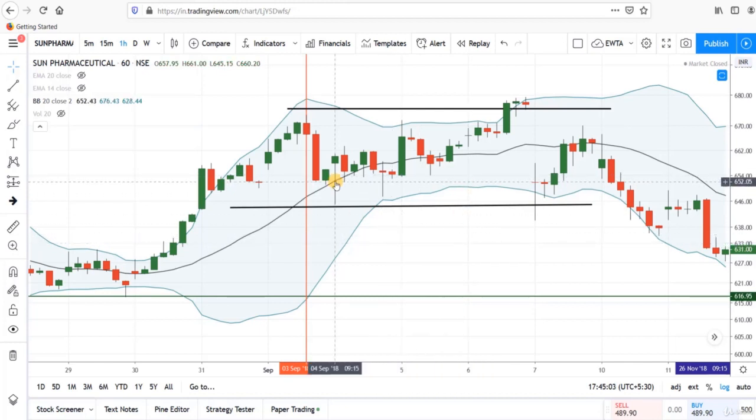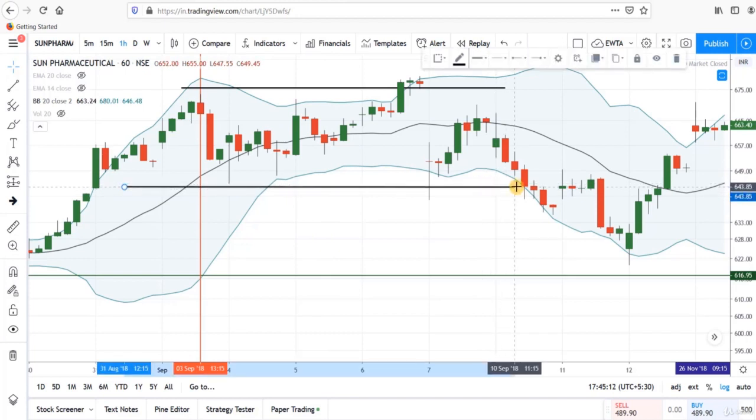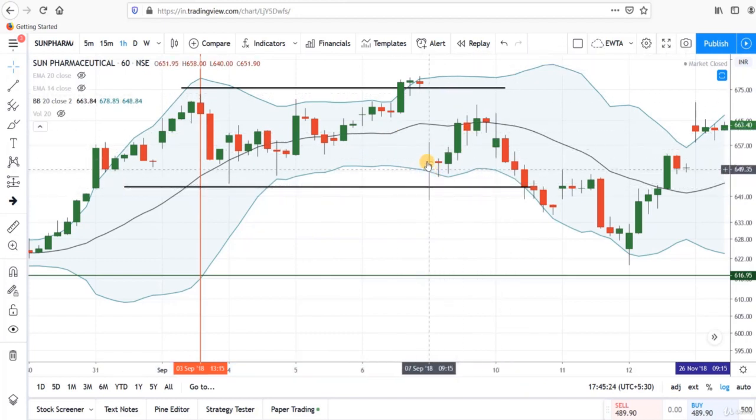But on the hourly chart, we shouldn't trade the stock as long as prices are range bound and there is a contraction in the Bollinger Band. But see, after this contraction, here bands are expanding. This was a gap down opening. After a pullback, now prices are going in downward direction. So they are in trend. As long as Bollinger Band is expanding, prices are in a trend.